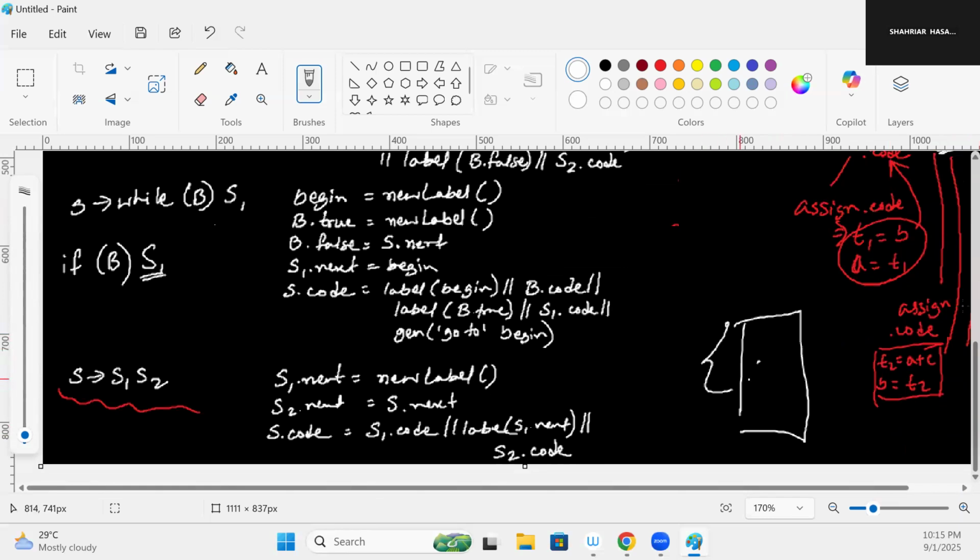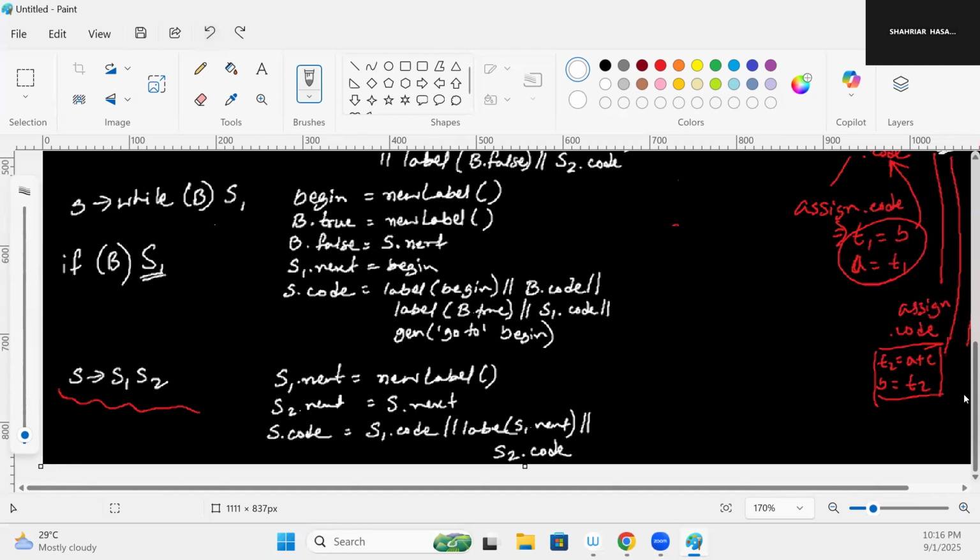So if this entire portion is S, and there we have S1 and S2, what is after S.next is basically after S2, isn't it? Hence, S.next is basically S2.next. That's what they're saying in this production rule. S2.next is basically S.next. If so far you are convinced how it works, now for the last one,